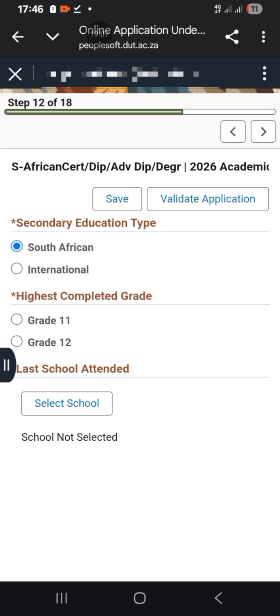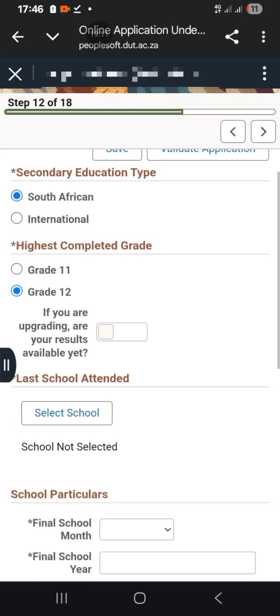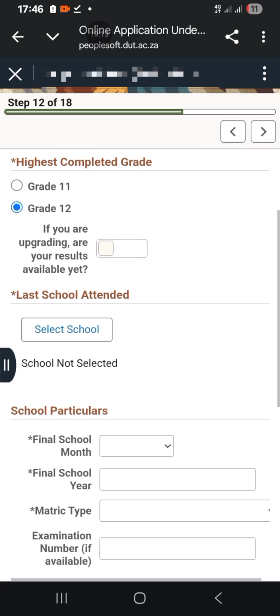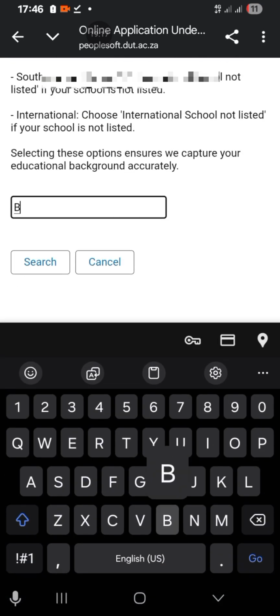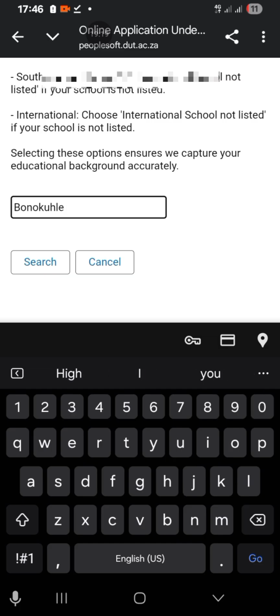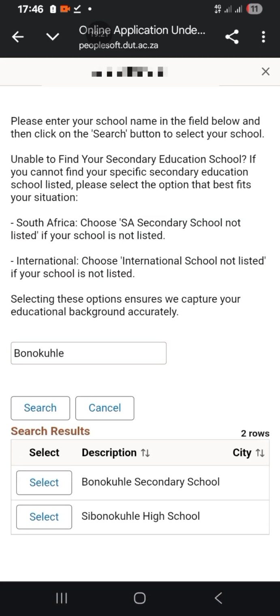Secondary education, you have to select lapha the school where you completed your matric.